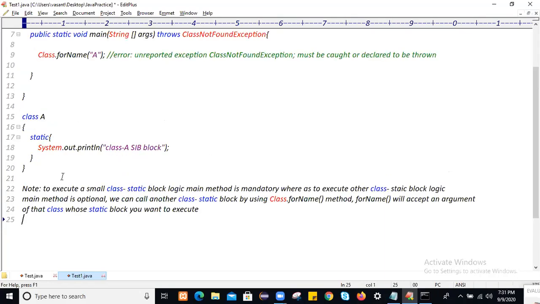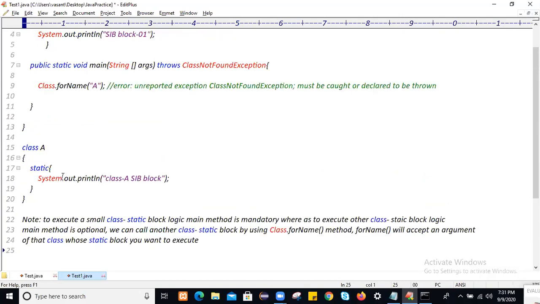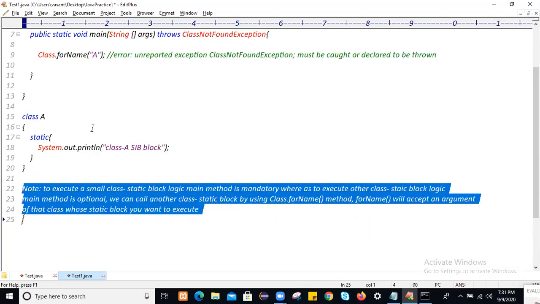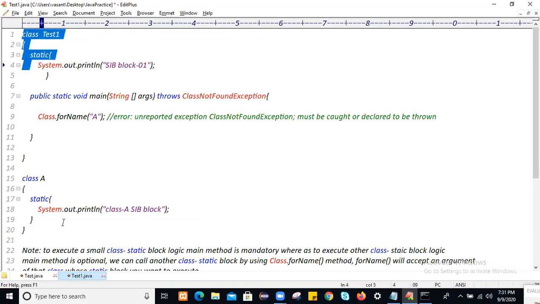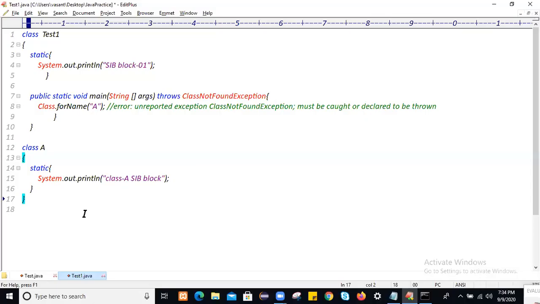I hope you get it. So write this note and then after that write this example. Okay, let's go for the next concept.